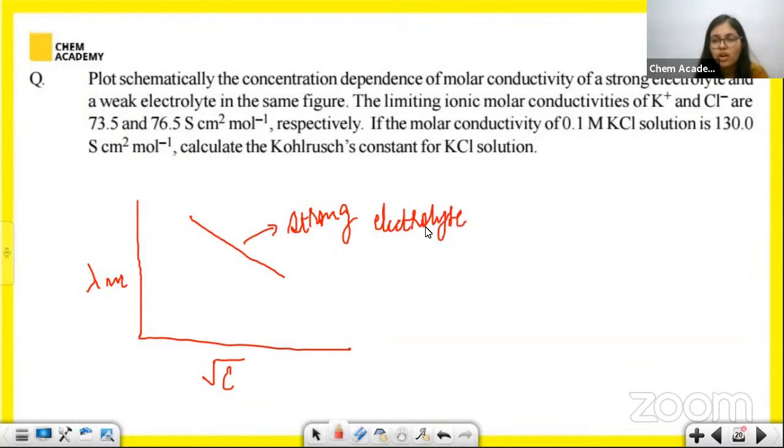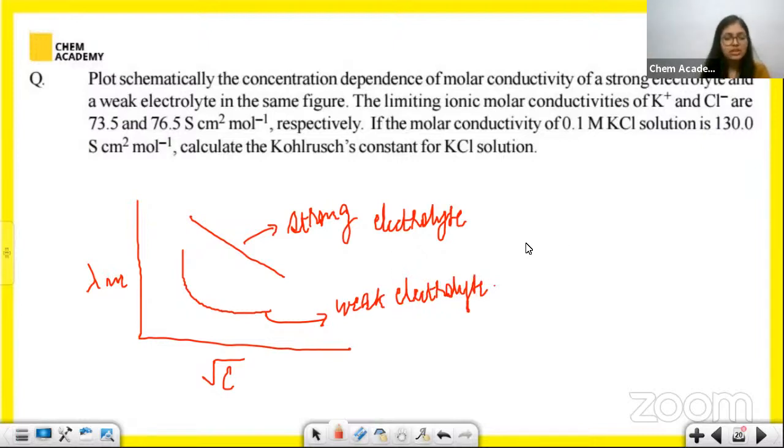This is for a strong electrolyte. And if I plot it like this, this is going to be for a weak electrolyte. This is for a weak electrolyte. Now, moving to the next part,